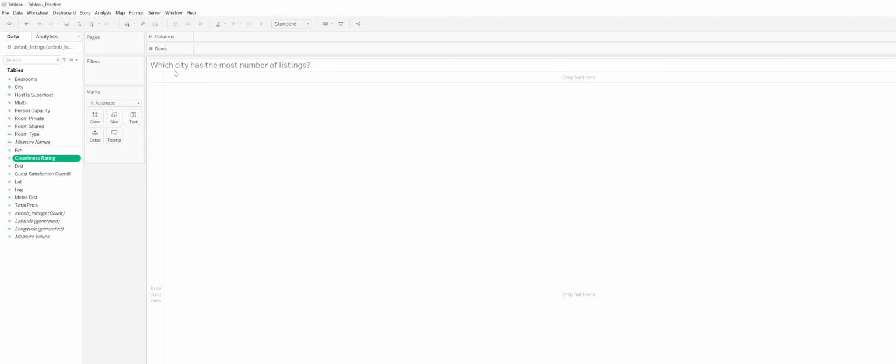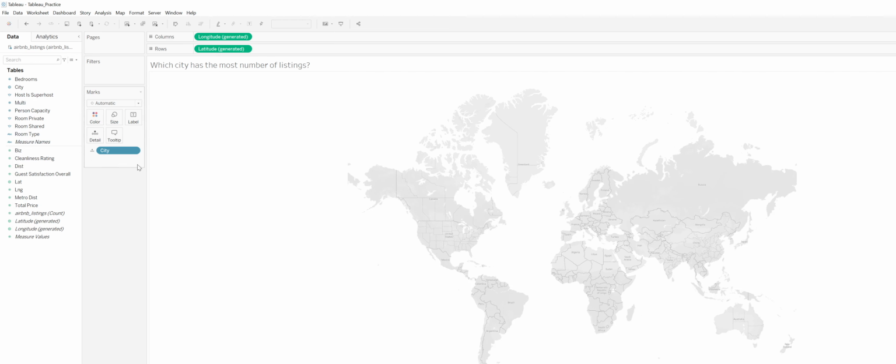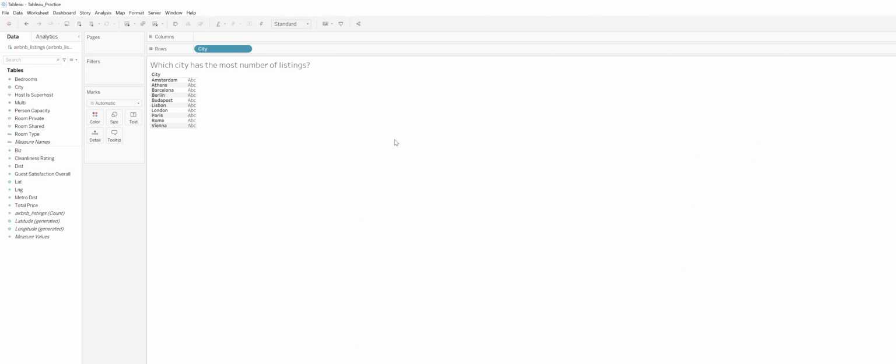So obviously we should focus in on city. We come over here, city, and notice it's got like a world next to it. That means it's a latitude, longitude, and when you have those, when I double clicked it, it stuck it up here, but it uses the latitude and longitude, and it defaults to this map. Now, that may not be helpful for us. We just want a simple table, so I'm going to come over here to Show Me, click on simple table,